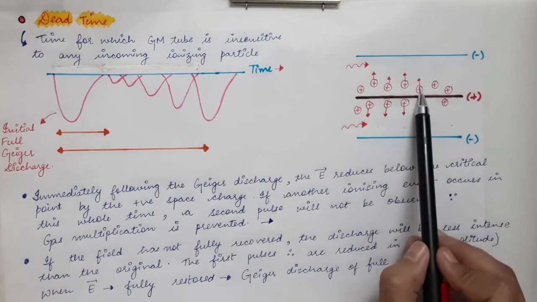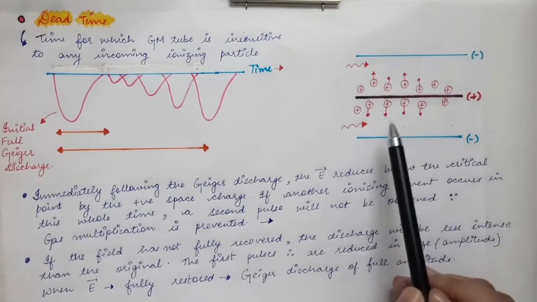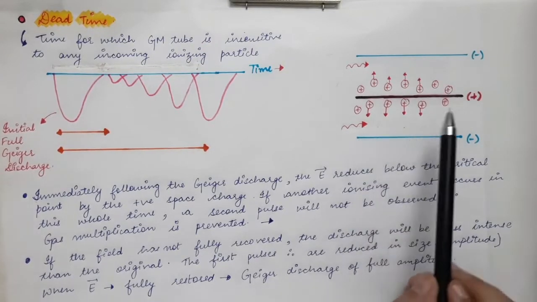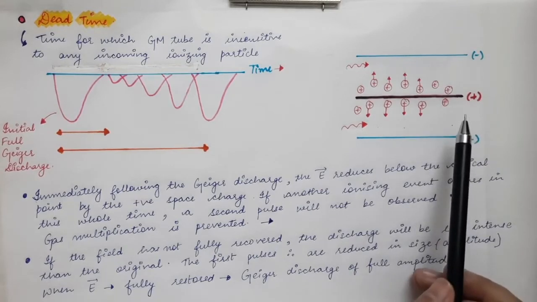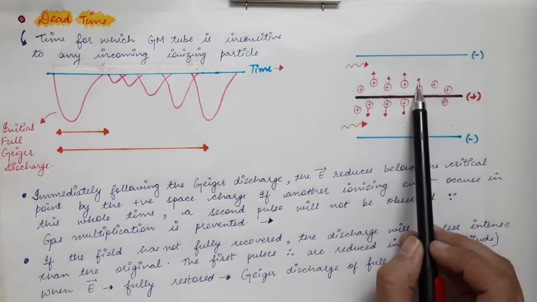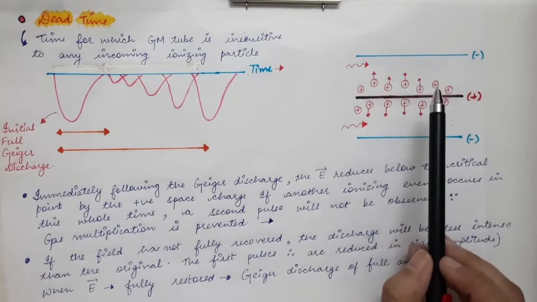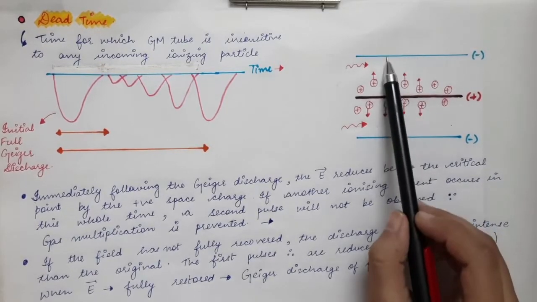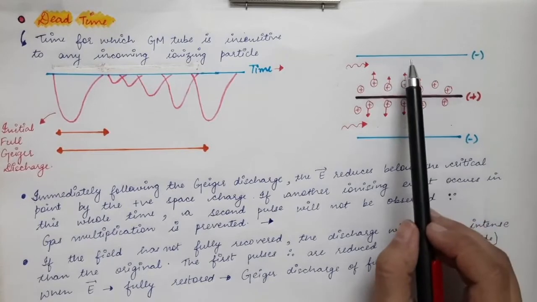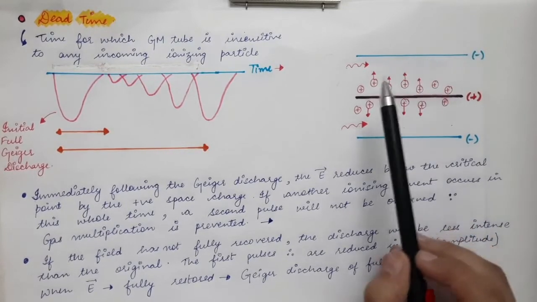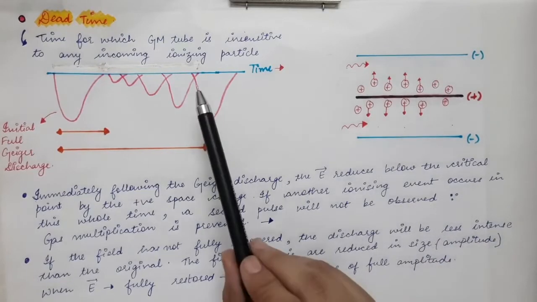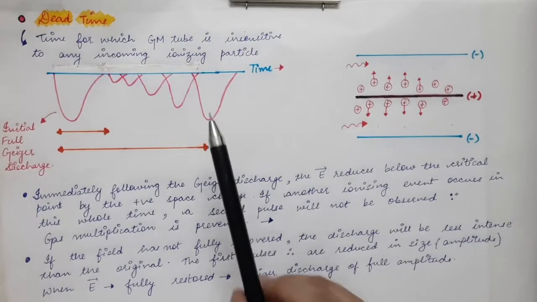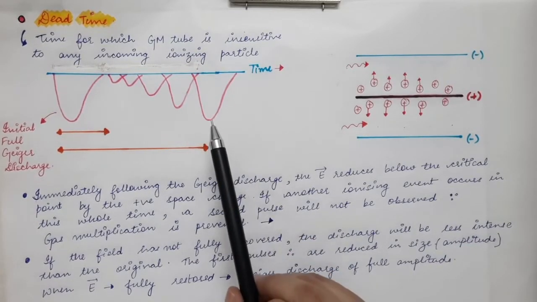So as these positive ions are moving away from the anode, the electric field starts increasing, due to which any other incoming particle, if it enters in that time, we start getting pulses. But those pulses will be of lesser amplitude as the electric field has not yet reached its maximum value. As soon as all these positive ions reach the cathode, the electric field strength comes back to its original value and you will get a full height pulse across the resistance R for the incoming ionizing particle.